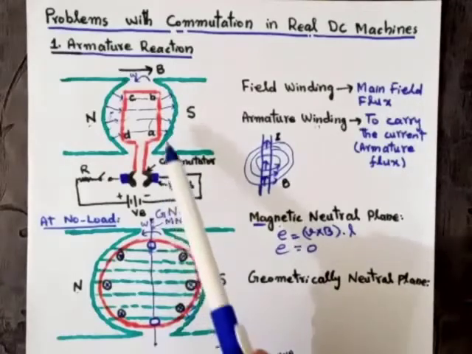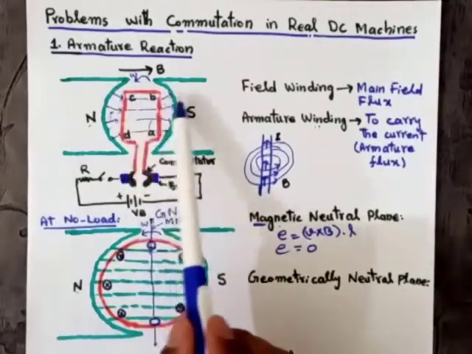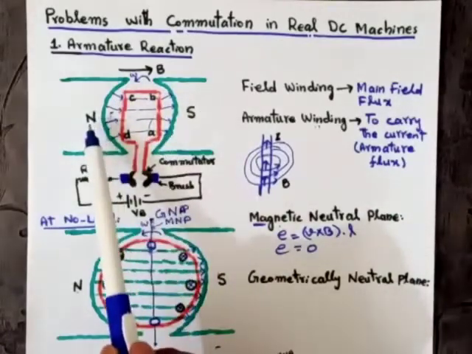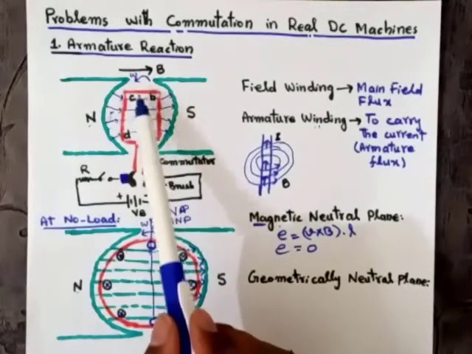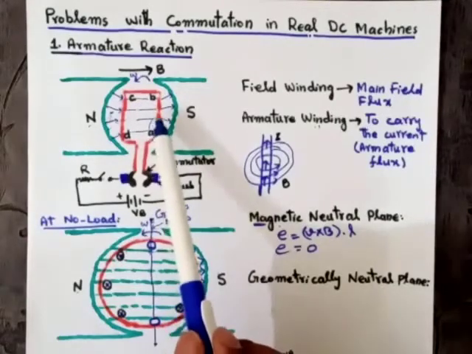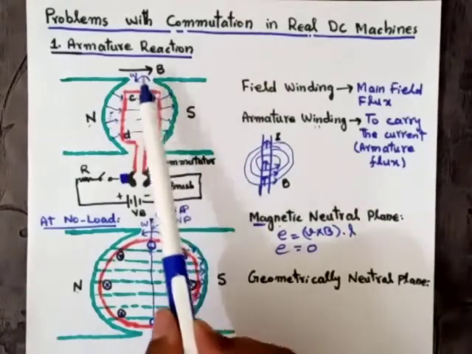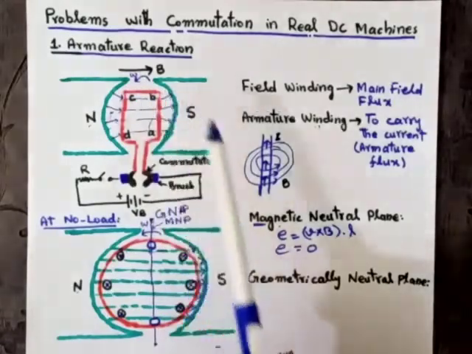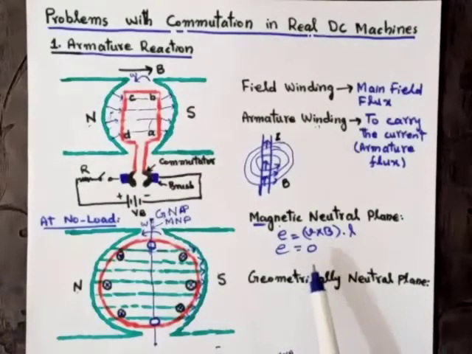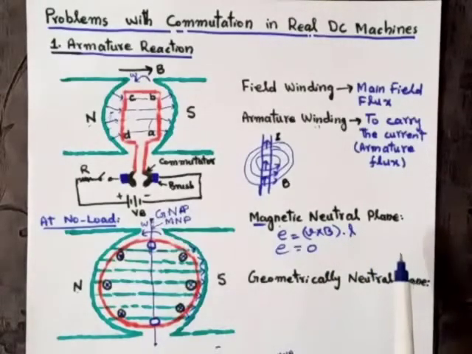Now, there is an axis or plane where the armature conductors move parallel to the magnetic field. Here the direction of the magnetic field is from north to south. When the velocity of the rotation of the conductors or loop, as you can see in this figure, that is the velocity of the conductors AB or CD, is parallel to the direction of the magnetic field, then the induced voltage will be zero. As we know, E is equal to V cross B dot L, where V is the relative velocity, B is the magnetic field, and L is the length of the conductor.